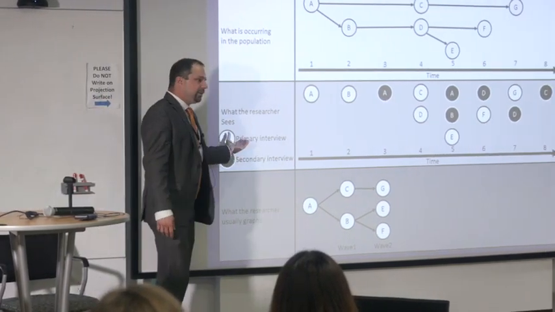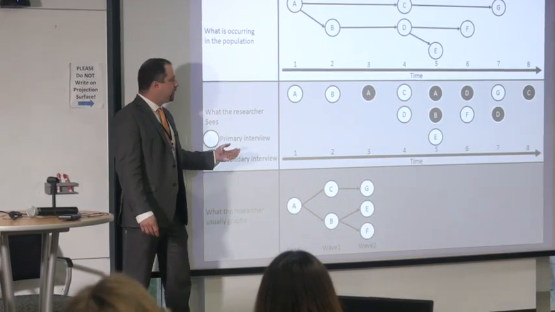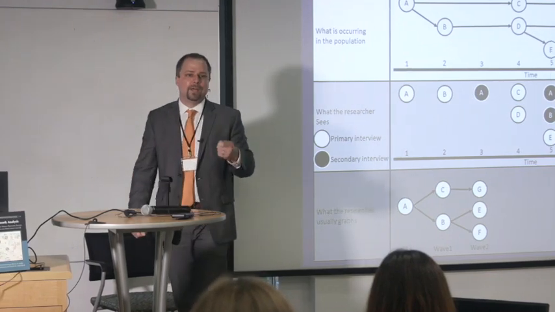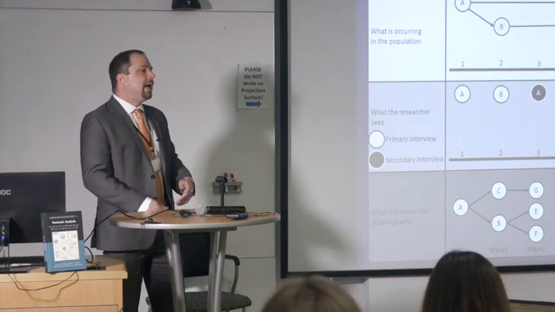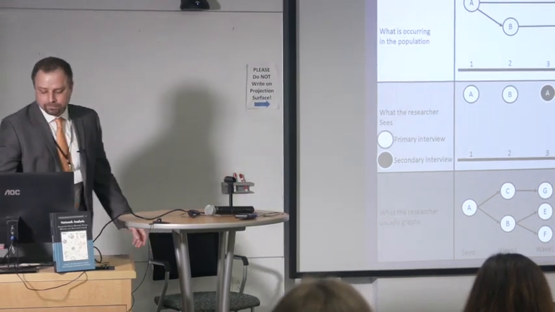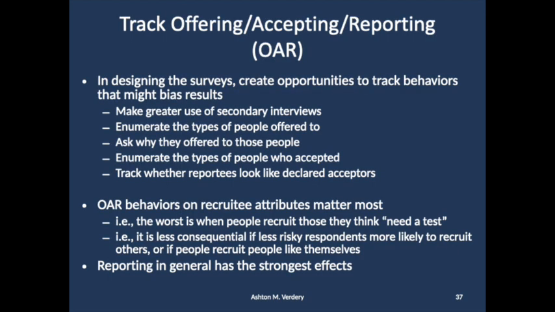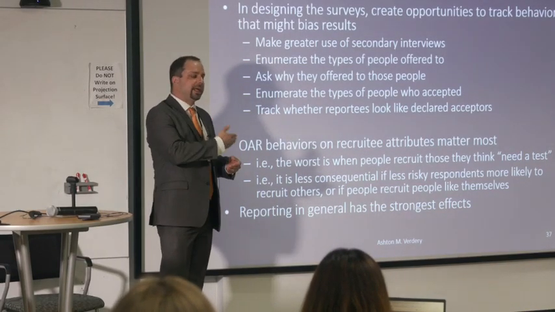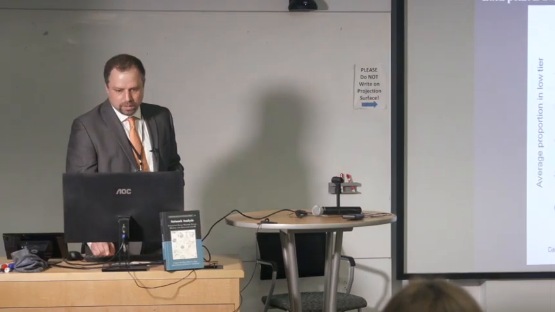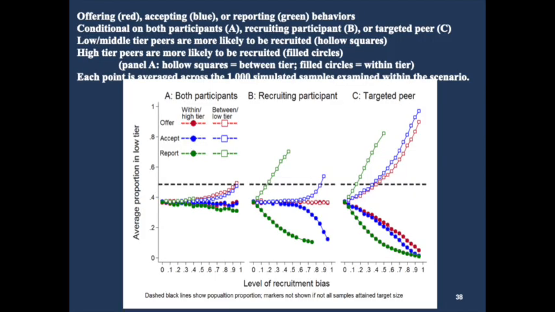In addition, typically RDS has a primary and a secondary interview. So there are opportunities, based on the time that people show up to get their second incentive or their first interview, to learn more about how the network might be changing over time. This is greatly underutilized in my opinion. So I would recommend doing a better job of taking account of questions about how many coupons did you try to hand out, not just how many coupons did you hand out. You can take advantage of that through the timing of the data collection activity to get a sense of those potential biases.